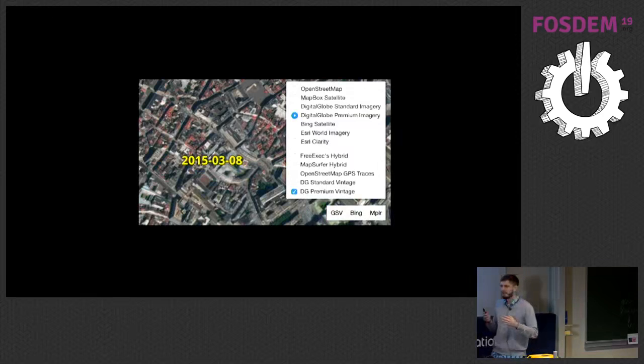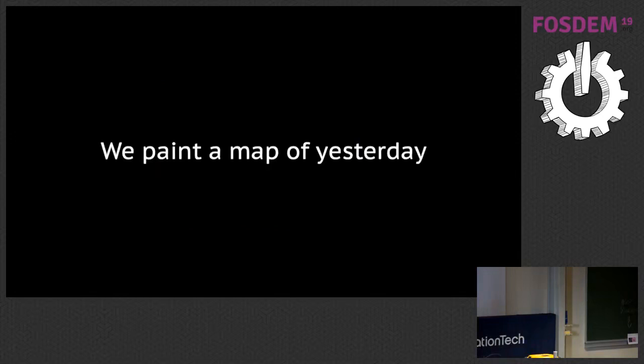So OpenStreetMap is considered to be a very recent, very quality map, but in fact, we all, editors of OpenStreetMap, are using sources that are very old. We are making the map of yesterday, figuratively, which means years, half a year ago. And that is the main issue with sources in OpenStreetMap.